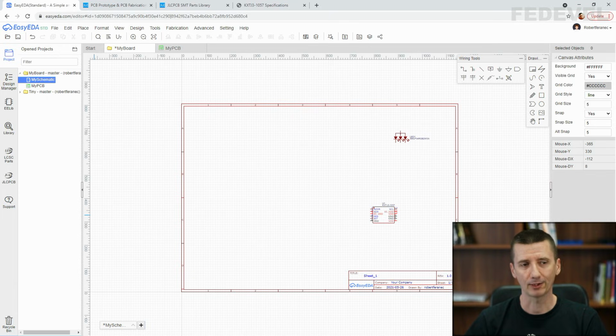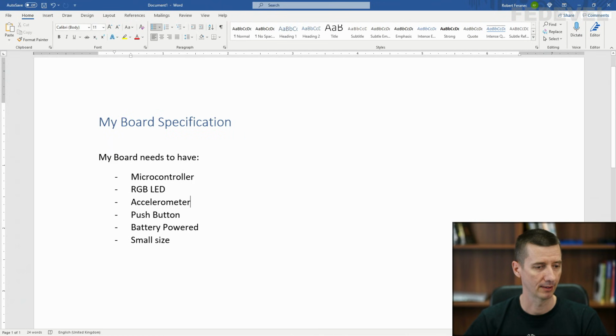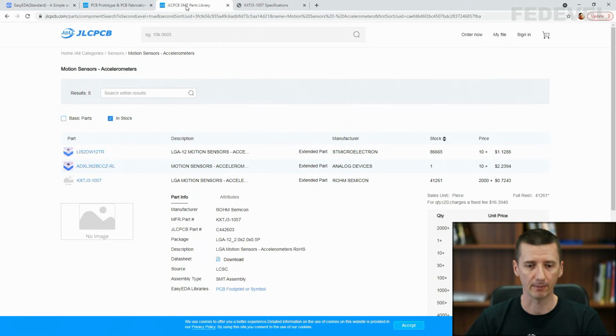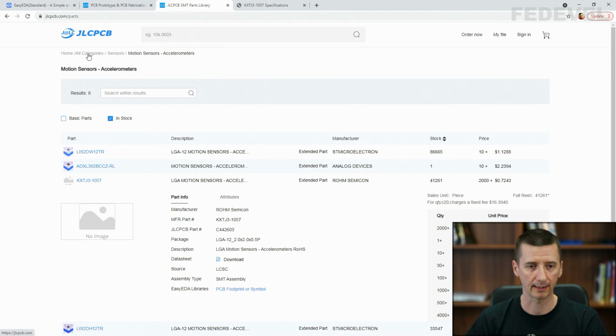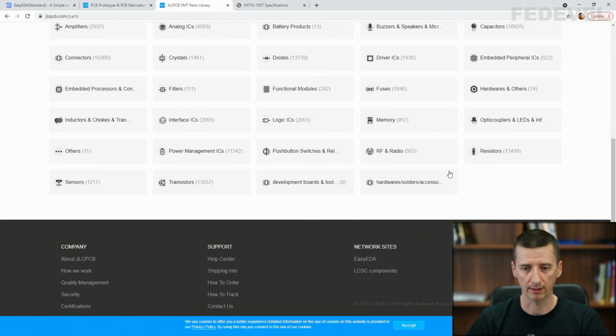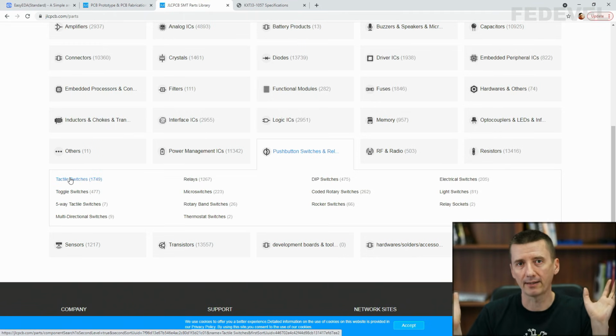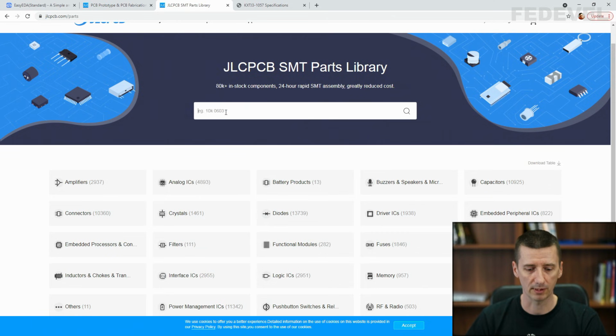When we go back into our specification, next we would like to place into our schematic a push button, and there is nothing really special about a push button. When you go into the SMT parts library, you can go to all categories, and here push buttons, tactile switches, you can find any button which you like, but I use this one.